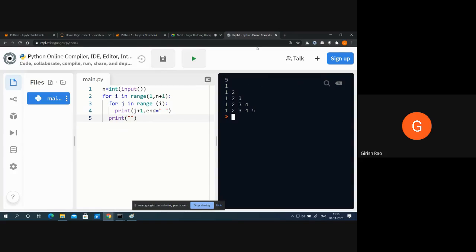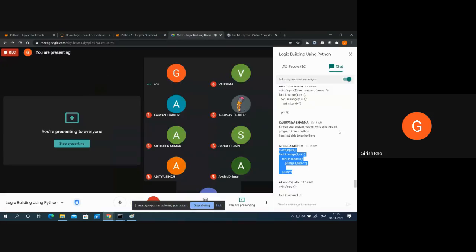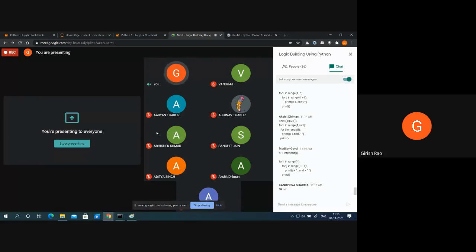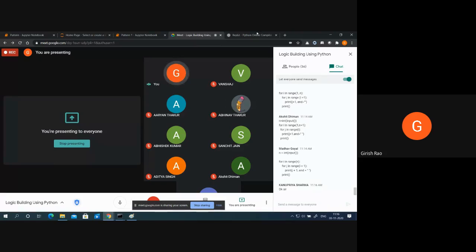When you click on run, you have to enter some value, 5, and then you will get the output. In this case, what he has done, he has put a space. That's why you're getting the space. If you remove the space, if you put only the end bracket, then what will happen? You should get something like this: 1, 1 2, 1 2 3, 1 2 3 4. You have to type the command here. You have to click over here. You have to type the input, and then the output should be there. I hope you're slowly getting a hang of writing the patterns. Okay, let's move to the next example.